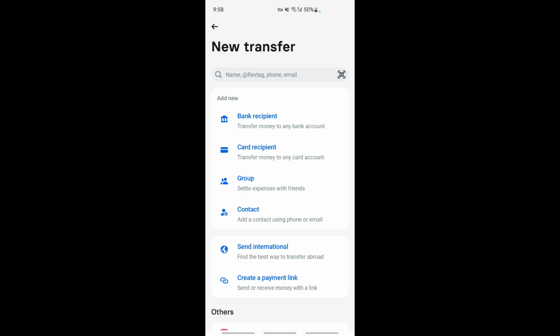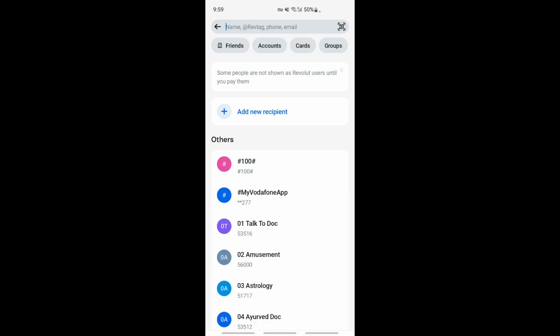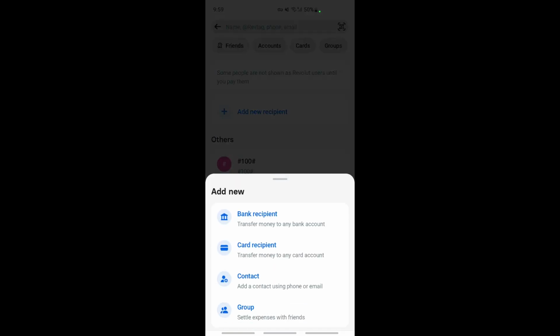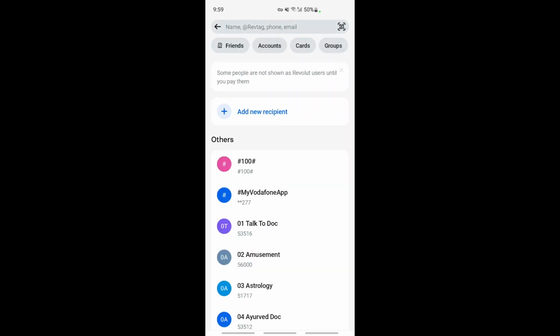Or what you can do, you can just type in your... alright, so what you have to do, just type in add new recipient and then click on contact, and then here enter the registered Gcash account name and then the Gcash number. So make sure you enter the registered Gcash phone number. Alright, so enter their Gcash number and then click on add, and then all you have to do now is